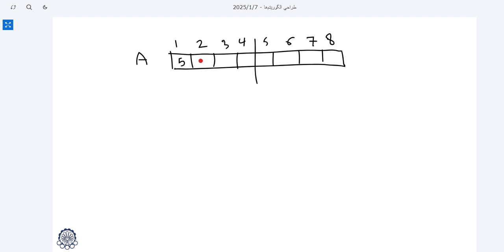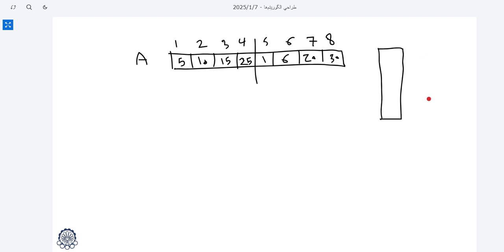We have 5, 10, 15, 25, 1, 6, 20, 30. Okay, to combine, we use two